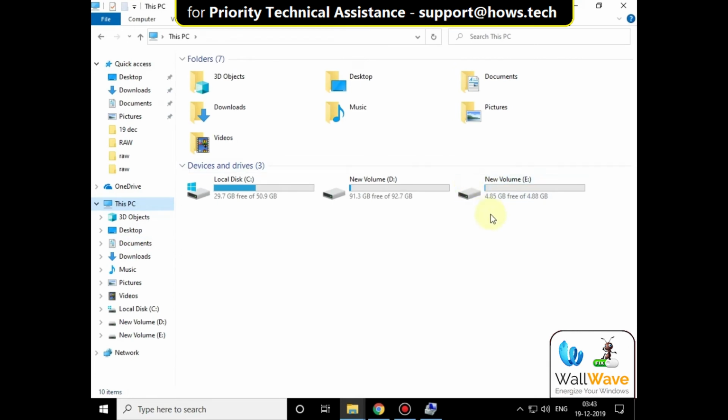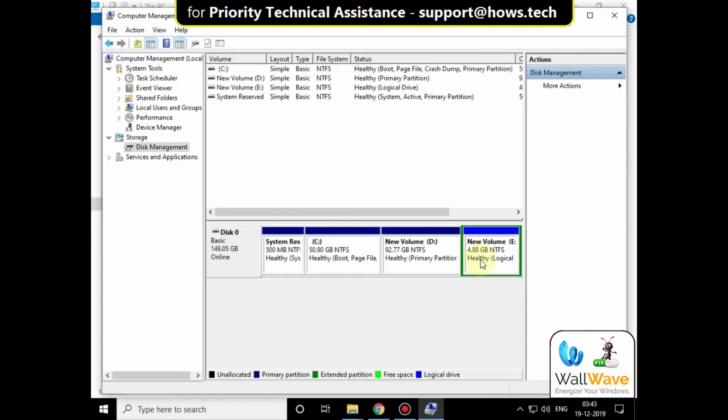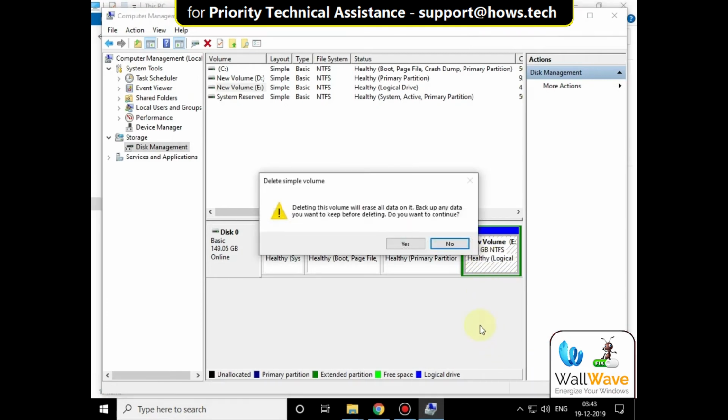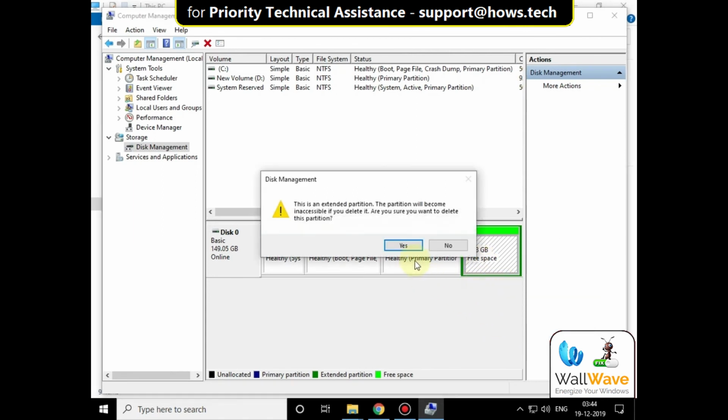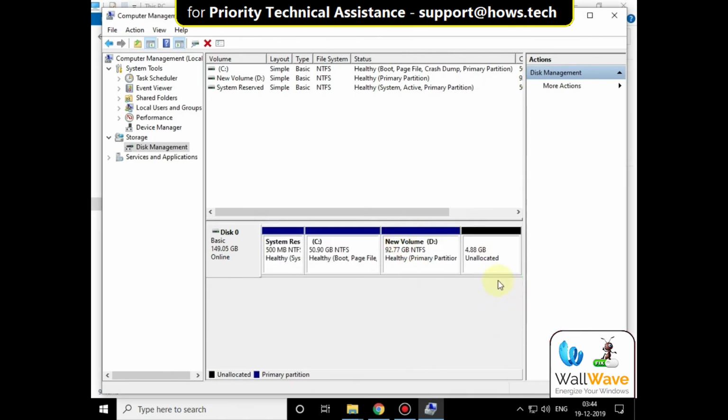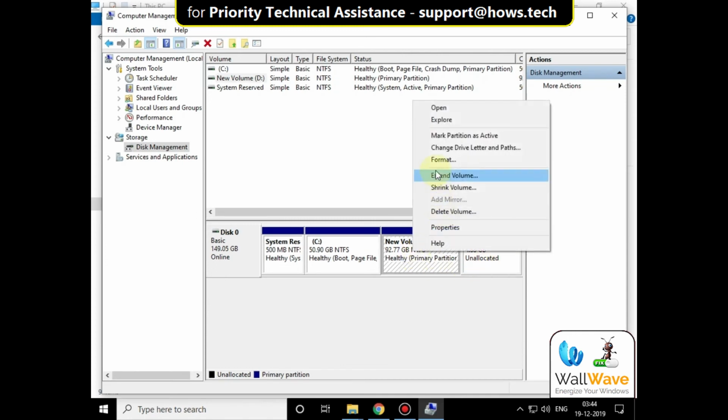You can see the new drive is created, but if you want to delete it, then right click on it and click on Delete Volume. If you want to take a backup, then select Yes. Now again right click on it and click on Delete Partition. Then click on Yes. Now to extend another drive's space, right click here, click on Extend Volume,